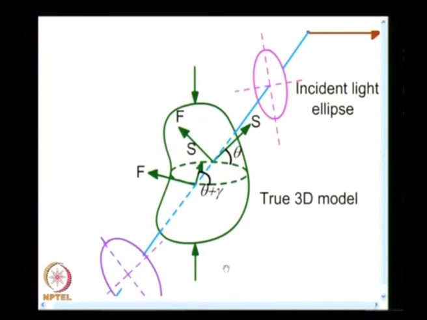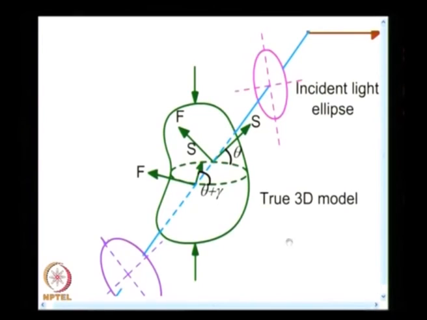So, this is well understood. When you send a light ellipse, it will come out as some other light ellipse. In a 2 dimensional model, whatever the changes could be related to one single plane. In a 3 dimensional model, it could be related to the stress distribution. And in order for me to develop the mathematics, I need to introduce new mathematical entities. I need to recognize a difference, what happens at the inlet point.